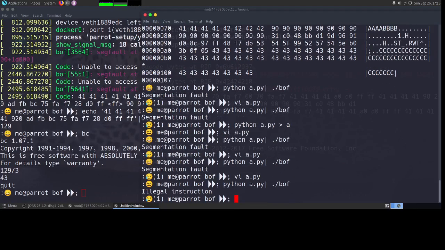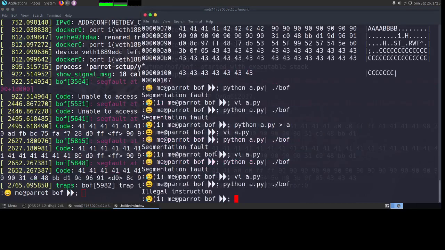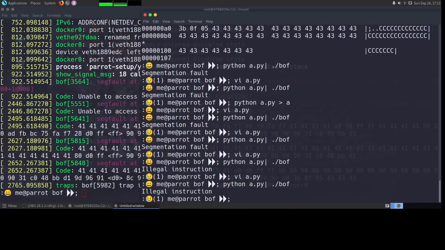Okay, we got an illegal instruction, but again let's look at dmesg. I think we have to add 1 or 2 more because we landed into FF. This is still the old one. This time we didn't get a seg fault, so it is not showing us the code where it crashed. But I think we miscalculated it and we should add 1 or 2 more. Since we have a NOP slide, we can add a few more.